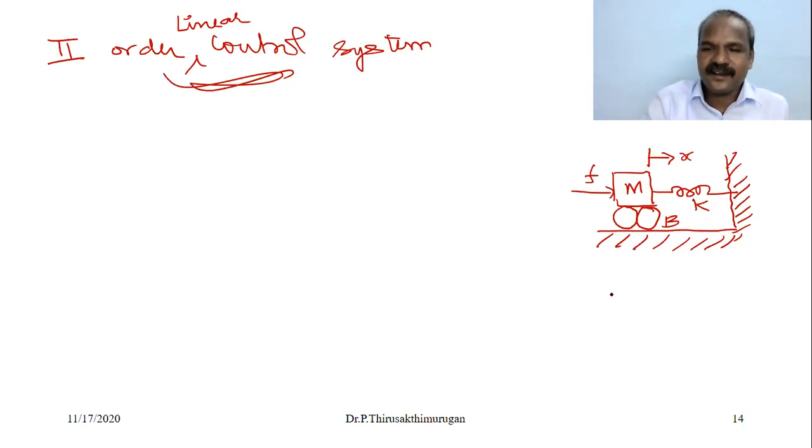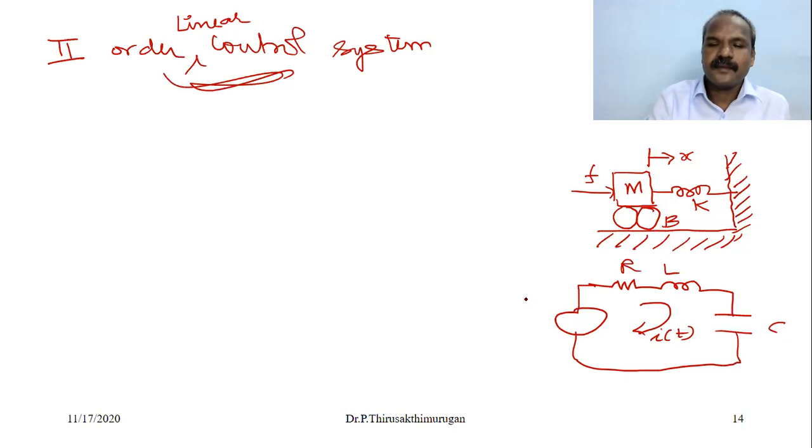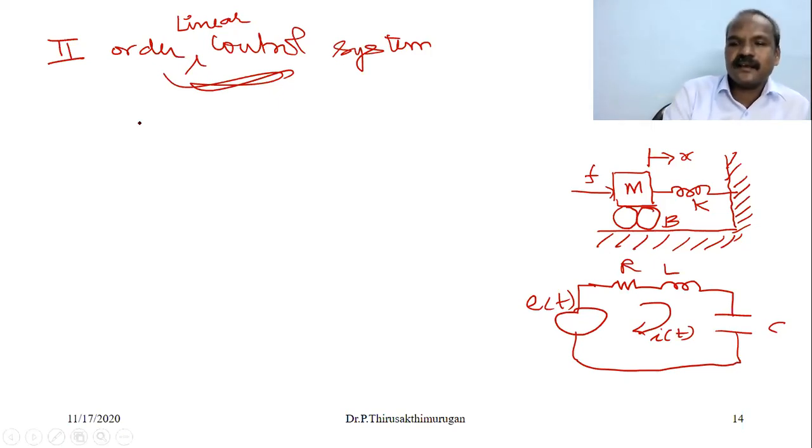Similarly, you can have a second order electrical model with R, L, C. This is also a typical second order linear model. So let us consider this mechanical model. We already discussed this. What is the mathematical characteristic equation for this? The mathematical model of the system is